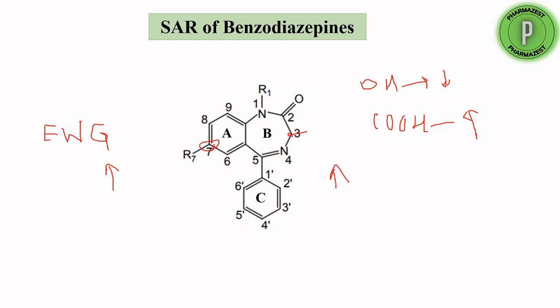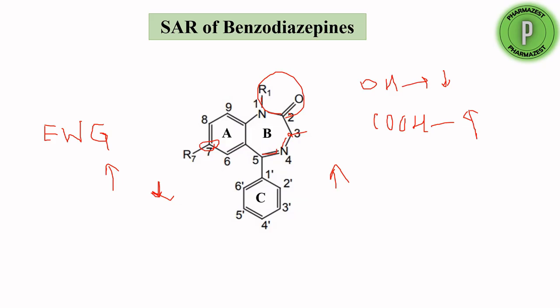And then the double bond which is present at the 4 and 5 positions. If you remove this double bond or if you saturate this structure, what happens? That also reduces the potency of these benzodiazepines. And even if you shift this double bond to positions 3 and 4, then also it reduces the potency of the benzodiazepines. And then at the 1 and 2 position, if you introduce any